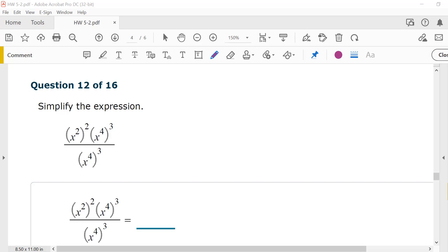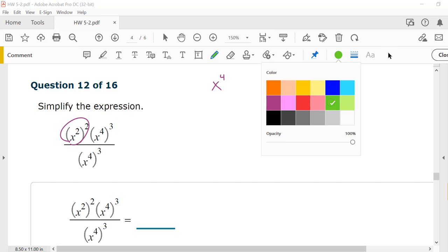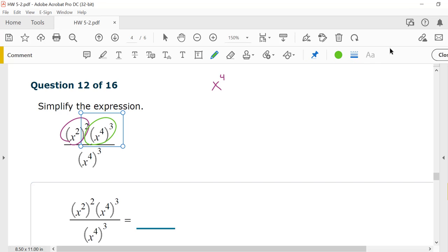Number 12. I have a lot of powers. Okay, x to the 2 to the 2. I'm going to multiply those exponents. So 2 times 2 is 4. X to the 4 to the 3 is going to be x to the 4 times 3, which is 12,